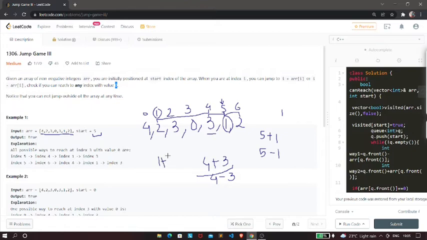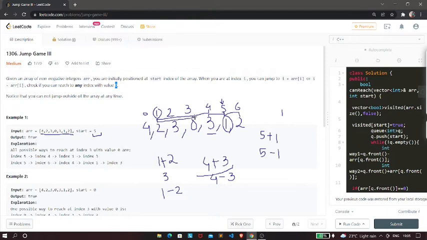If you add 1 plus 2, it will be 3. And if you subtract 1 minus 2, it gives a negative number, which is again out of the array, as there is no negative index. So we have only one path, that is we can reach index 3.